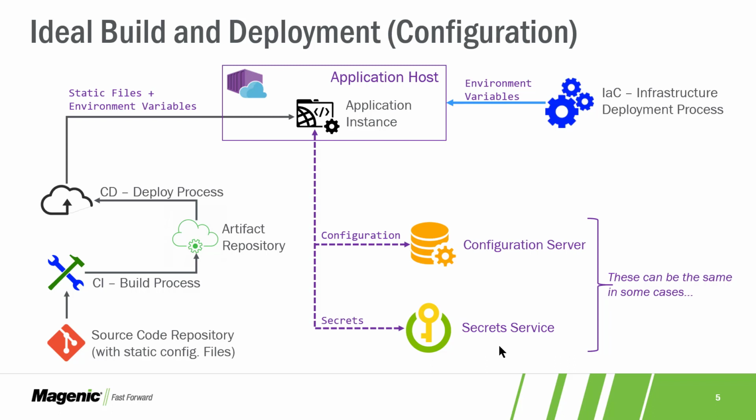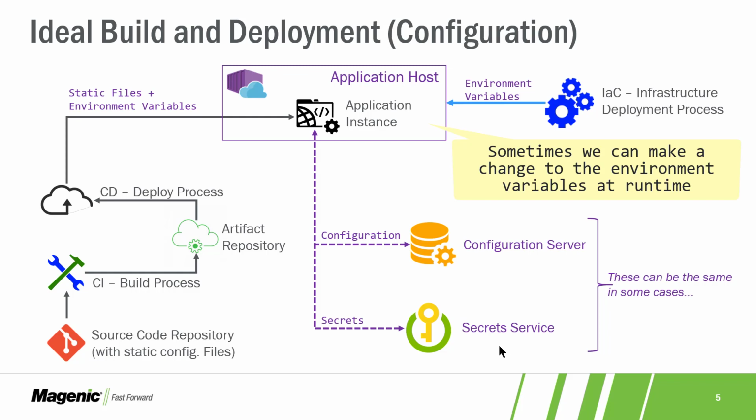And the point is that the app instance can read the static files and the union of environment variables from the CD process and the CI process. And they typically don't overlap. In fact, we should take pains to make sure they don't. I'll point out that for some application hosts, it's possible to change the environment variables at runtime. And that makes things like logging levels excellent things to put in environment variables because they can be tweaked from